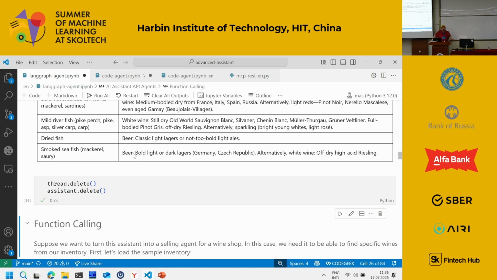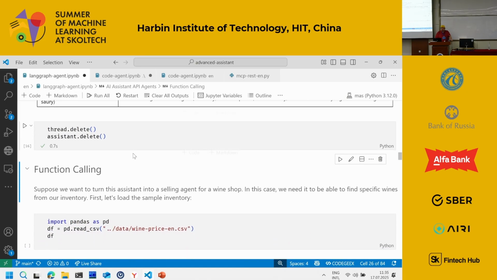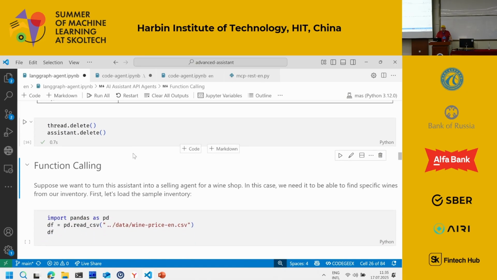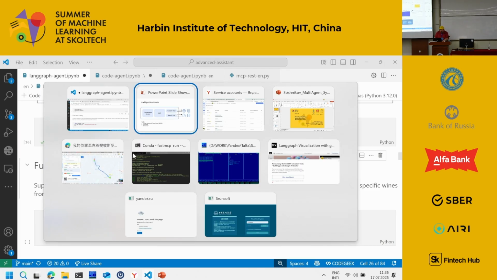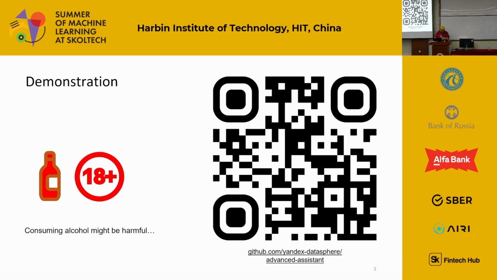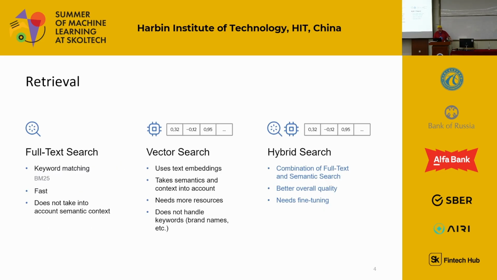It can be done using a separate technique called function calling. Function calling is in general a very useful technique. And the idea of function calling is that, well, I should show you the slide about the idea of function calling. Actually, I should tell you one more thing before that, sorry.